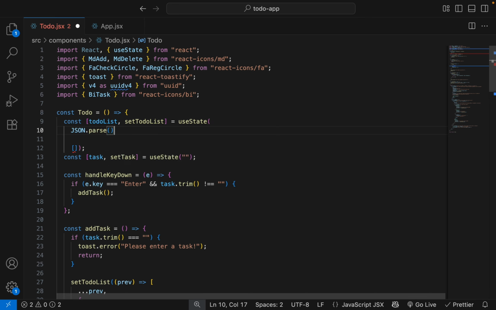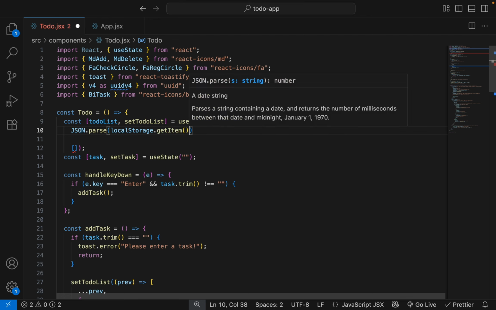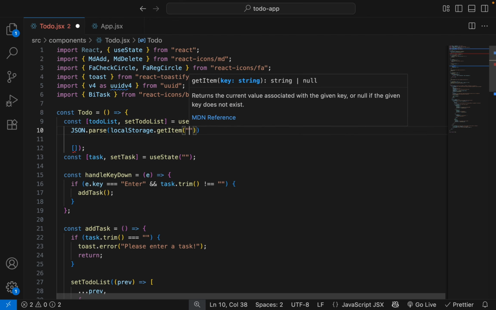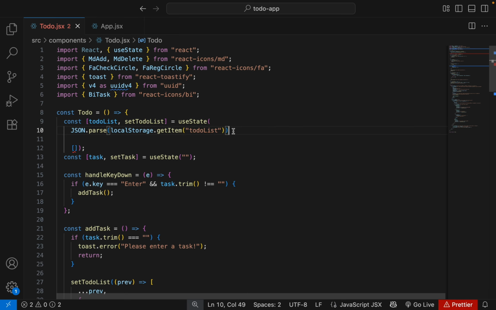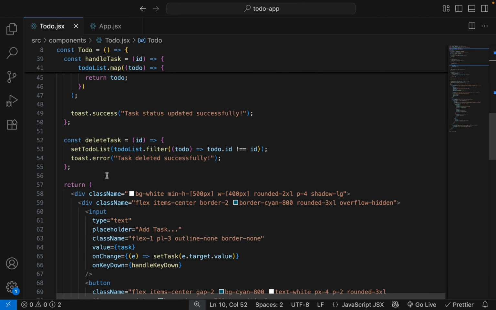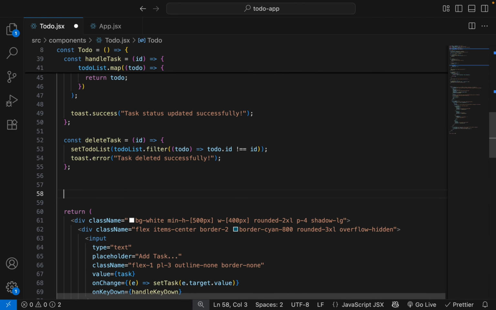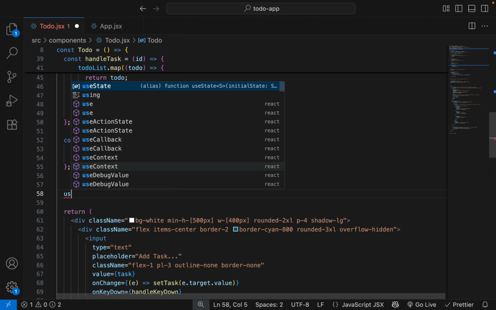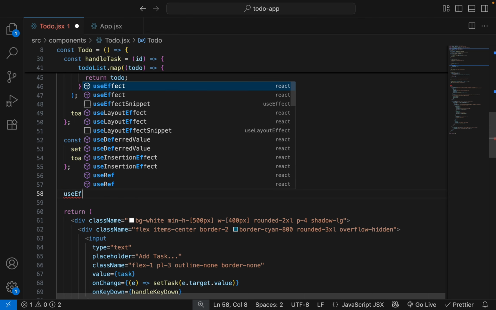JSON.parse local storage get item to-do list, and after the delete task function, let's import use effect.